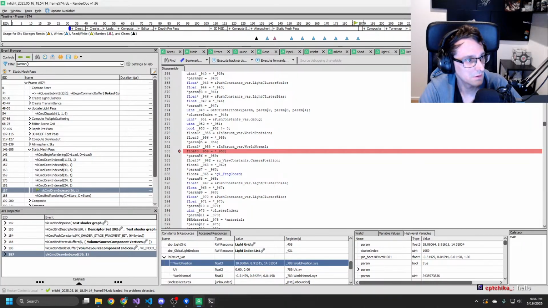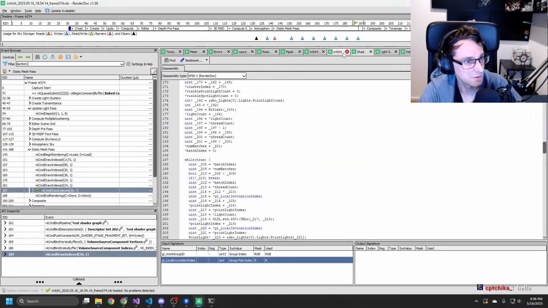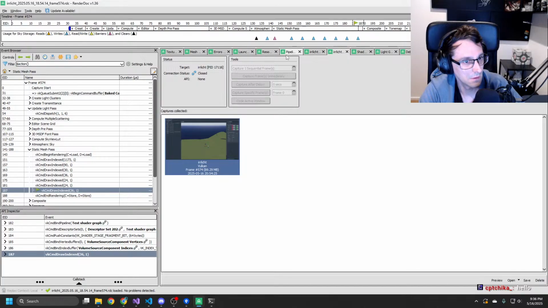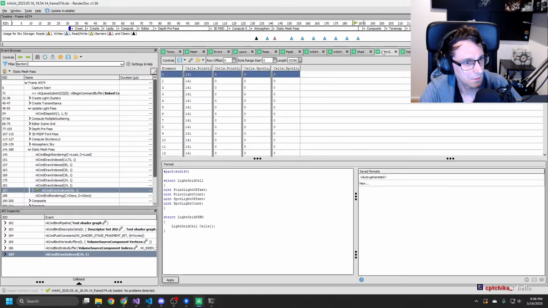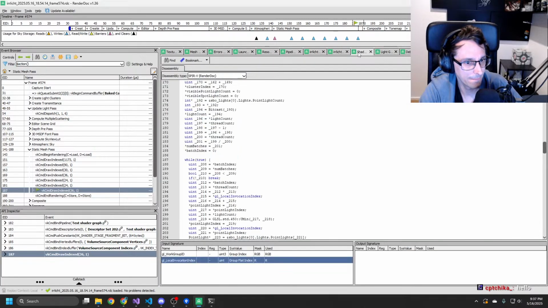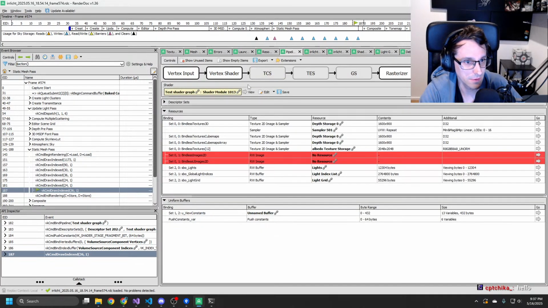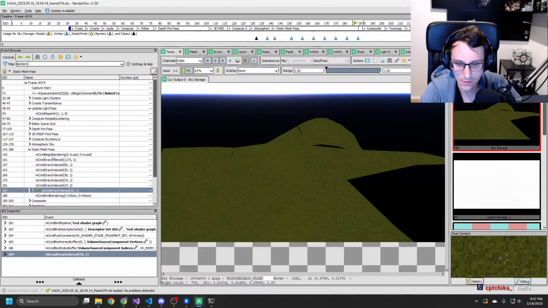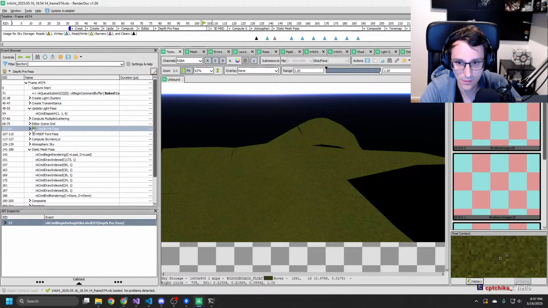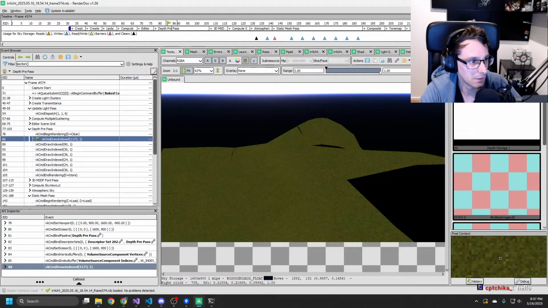I wonder, shader. This no. Where do I want to go? Here. Where? No. Texture view, I think. Depth.